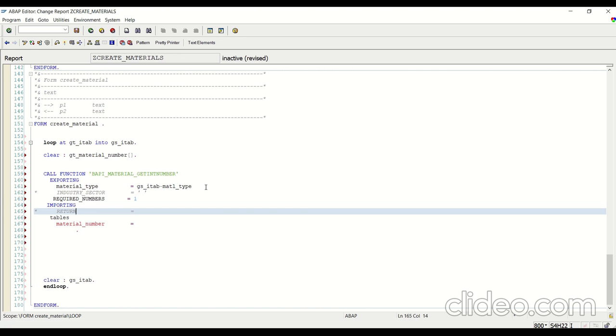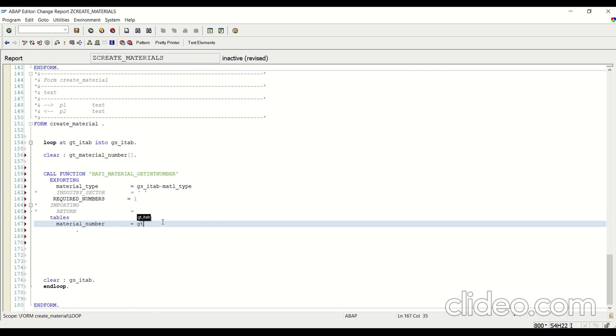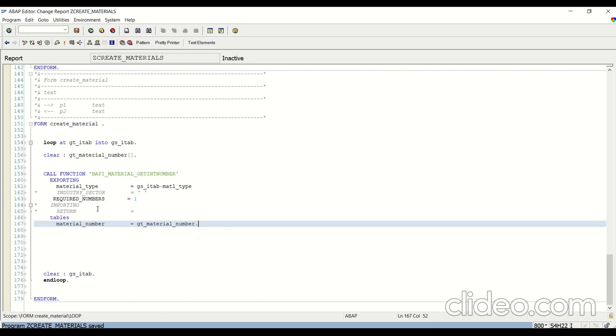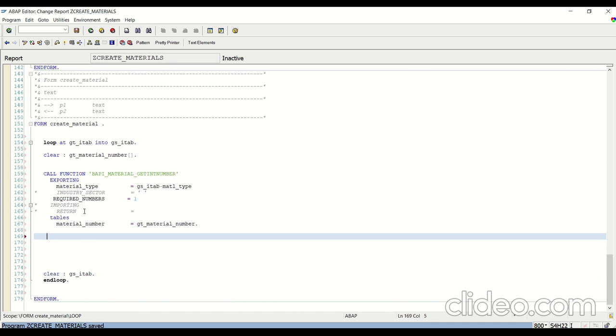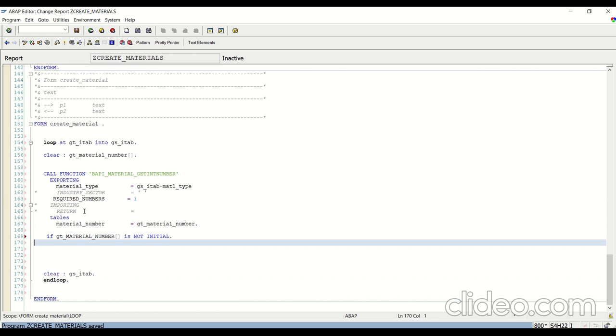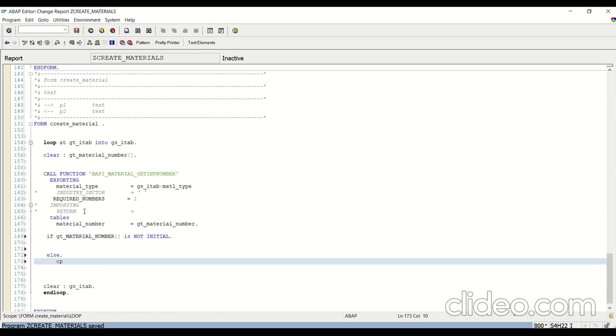And here we will get the material. If you want to do the complete error handling, also use this return table. Now, if gt_material_number body is not initial, this means that we got one number. Else, let's say,